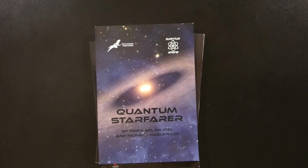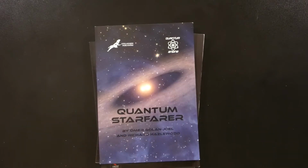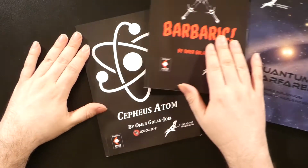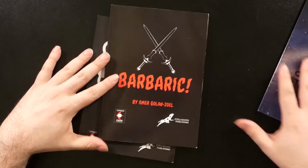They have sent me, along with Rich Hazelwood, a review copy. We're kind enough to do so. And you will note that it says on the title that it is the Quantum Engine. And that actually kind of threw me off a little bit because I have reviewed things from them before, and they've all been the Cepheus engine, but they've been stripped down versions. As you can see, Barbaric uses the Cepheus engine, Cepheus Atomic uses the Cepheus engine, and what this is